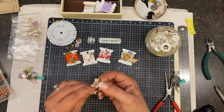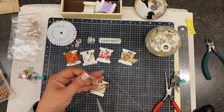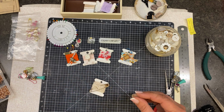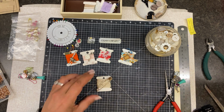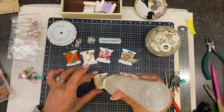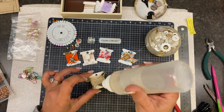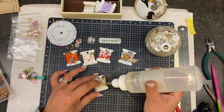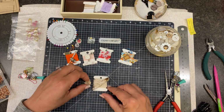Gosh, I went a little bit crazy with the embroidery floss. I didn't quite need that much, but we'll leave it a little longer. That looks cute. Oh my goodness, that's adorable. Oops. Now, I don't think I have any rusted bulb pins, but I might have. Oh, this is getting real gloopy here. I may have one that's like a...